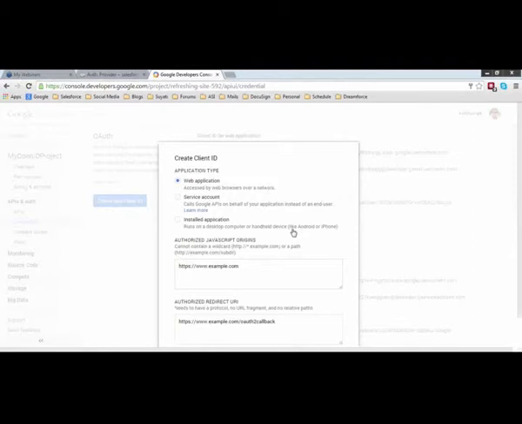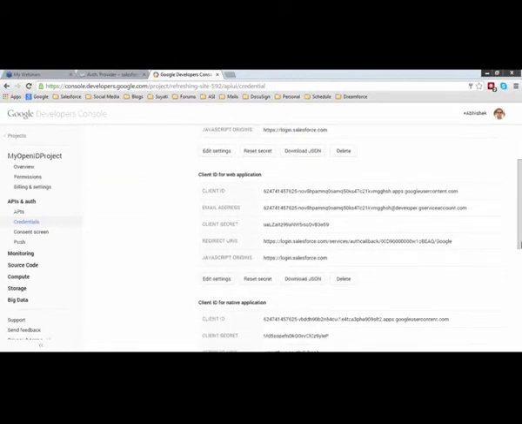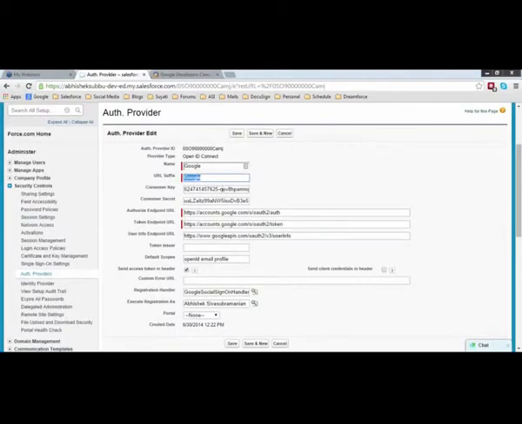So here our case is Google and Salesforce. Salesforce is basically a web application. So you're going to select web application and go forward, and you can also give in some information for these URIs. So what I've done is, once you save the new client ID information, you get this client ID and this client secret, right? So what you just need to do is copy and paste it out here. Okay, nothing more to think on.